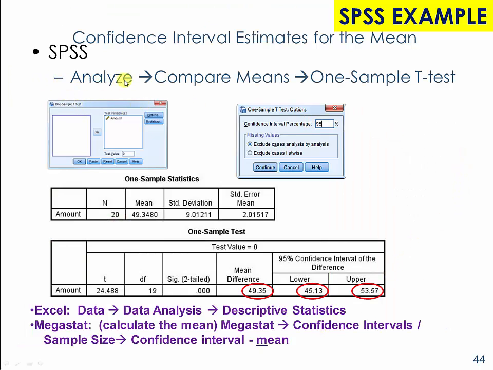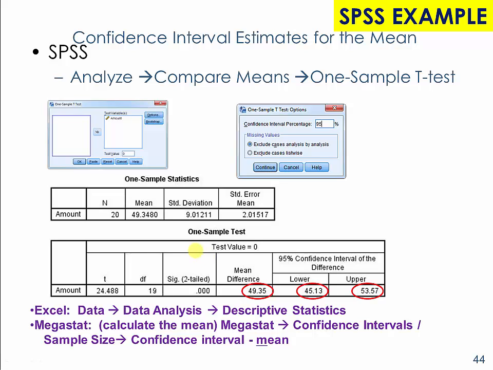So in SPSS, we would go to Analyze, Compare Means, One Sample T-Test. We would take our variable and put it in as the test variable. We'd go and click on our options, and we would put in our confidence interval percentage of 95%. We'd hit continue, we'd hit OK over here, and then we would run the analysis, and we would get this